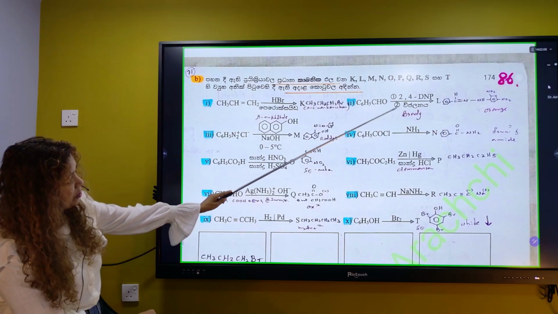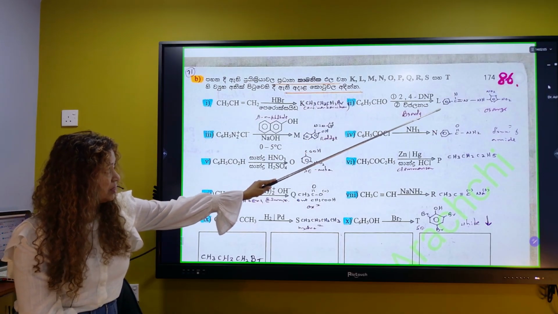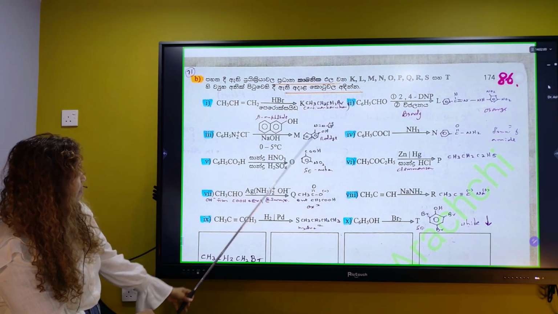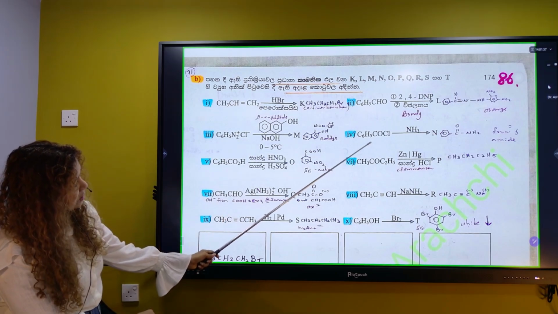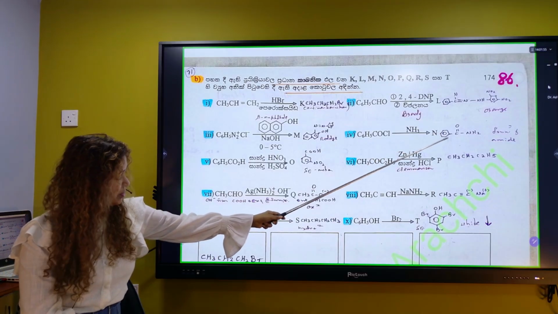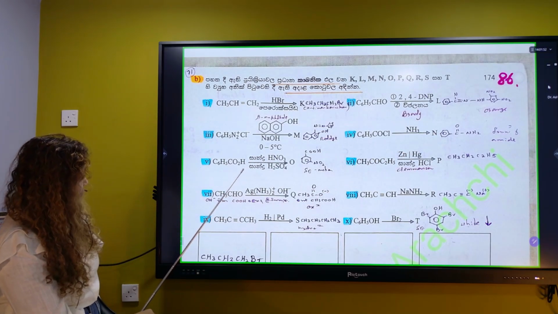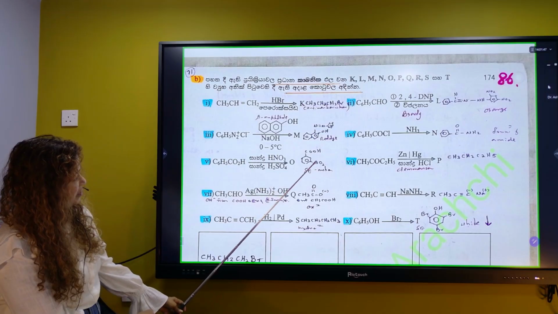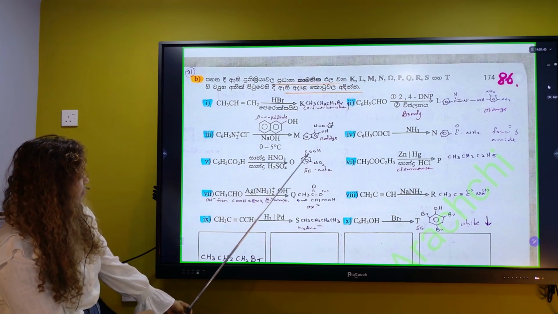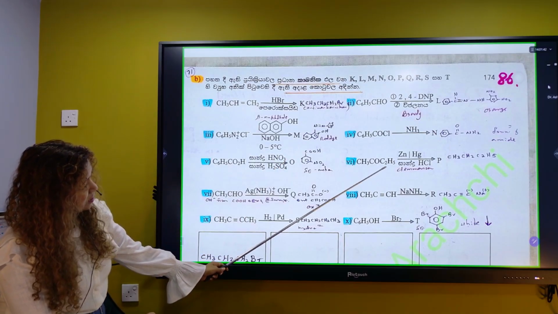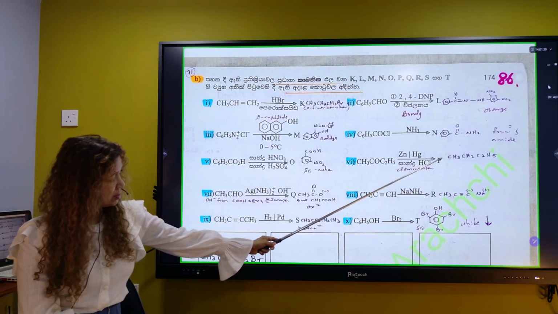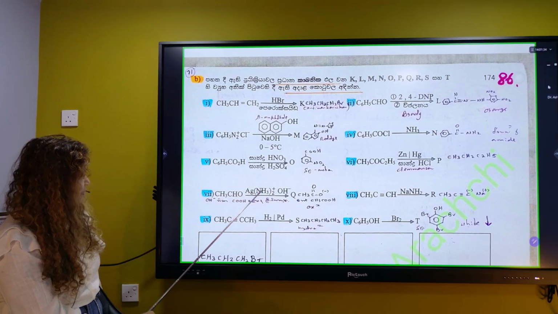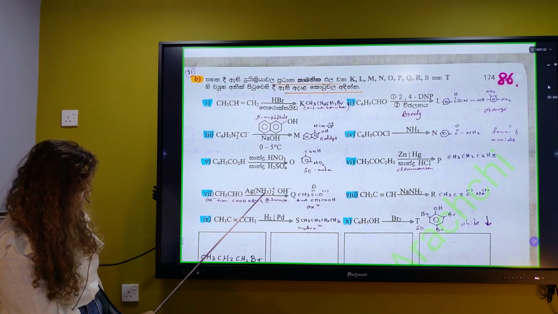Number 2, 2,4-DNP, you're going to draw this. It's a must, you're going to get the practice. Beta naphthol, we have this practice as well, red dye with diazonium. Acid halide, ammonia making amide, formation of amide. Electrophilic substitution of NO2 but to meta. And this one, zinc mercury amalgam reduction, Clemmensen reduction. And this one, silver ammine complex, Tollens.